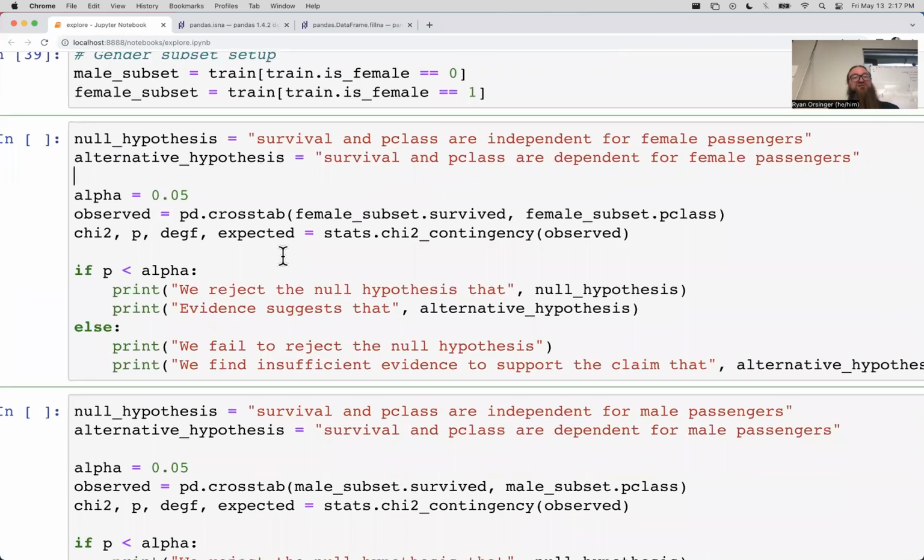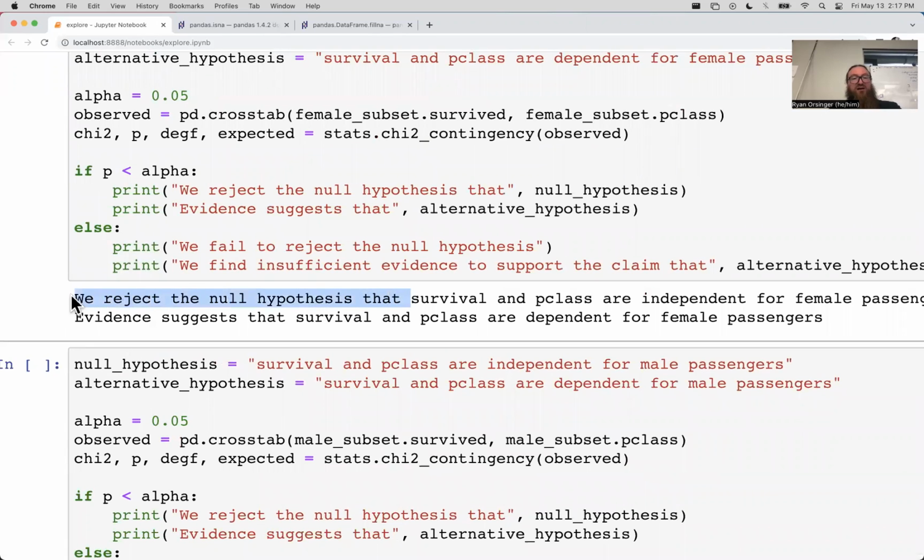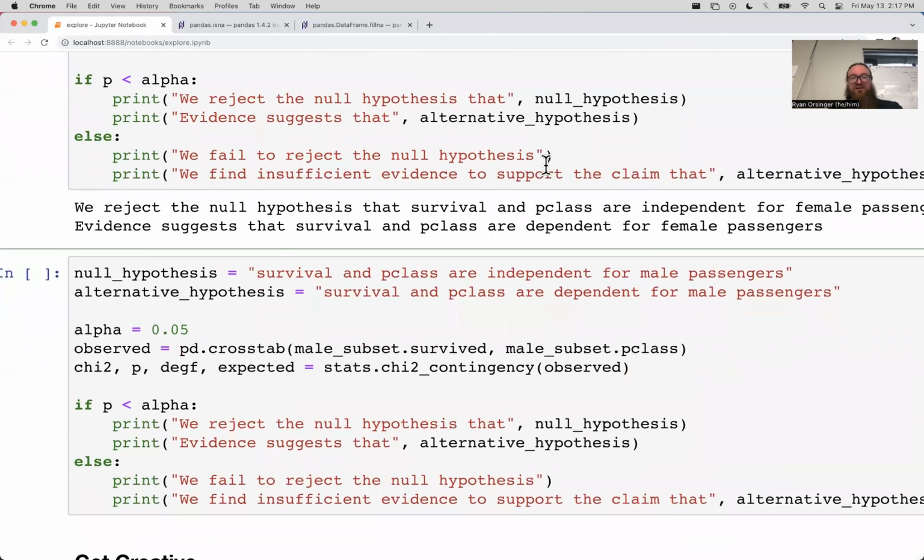And then we can run 2 different chi-squared tests, because class and survived are categorical. What I'm going to do is run a chi-squared on the female subset of survived, the female subset of class. And what do we find? We reject the null hypothesis that class of ticket and survived are unrelated. That makes sense because they're totally related. We saw that visually.